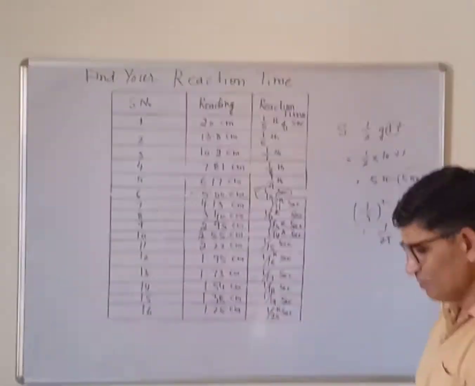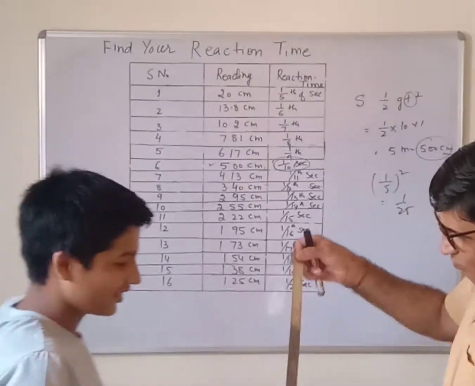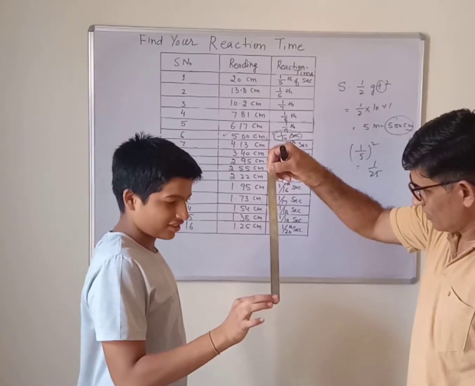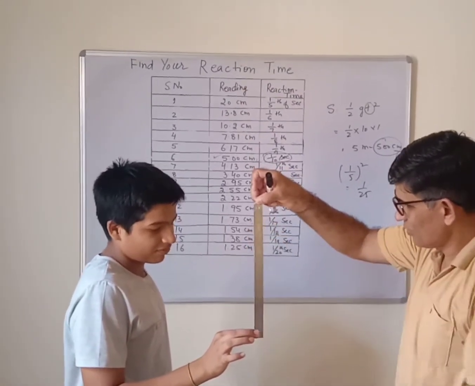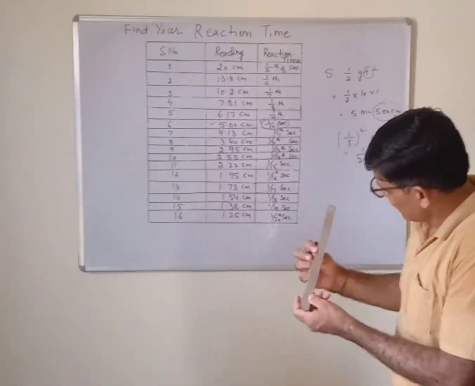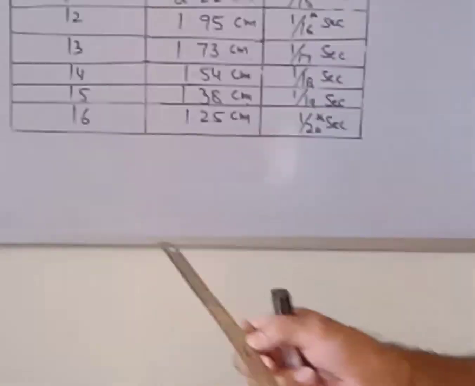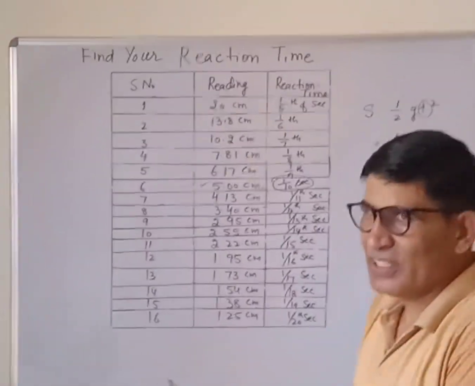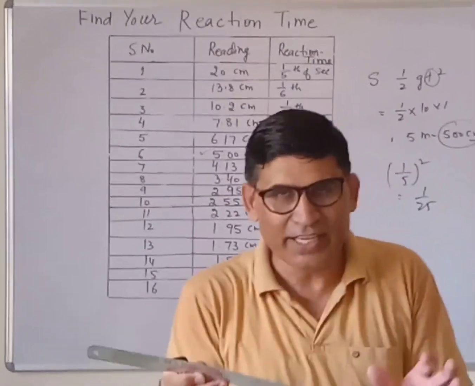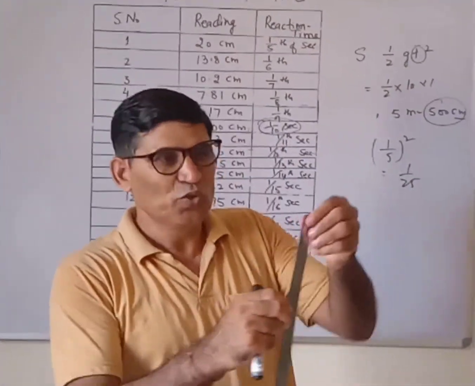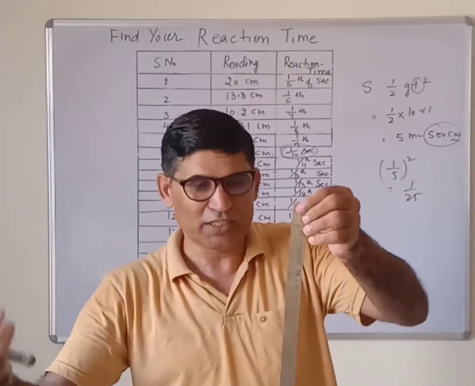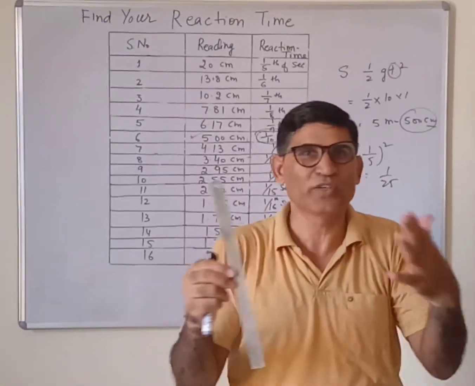Ankit, you can come again. Ready? Okay, this time it is more. It is 17 centimeter. So in this way, you can try it at home. You can have a scale and, as I explained, release it, and you can take the help of your siblings, brother, sister, or any family members.